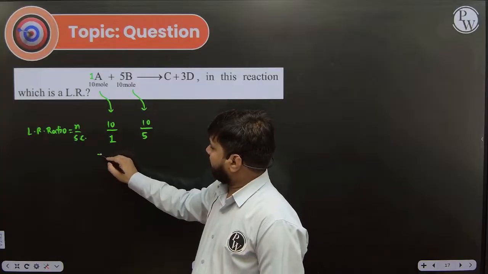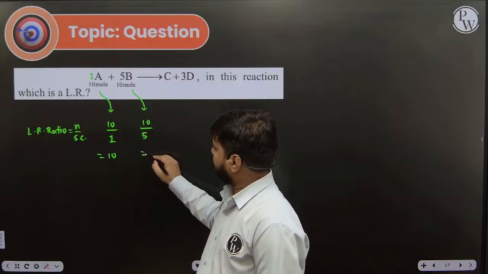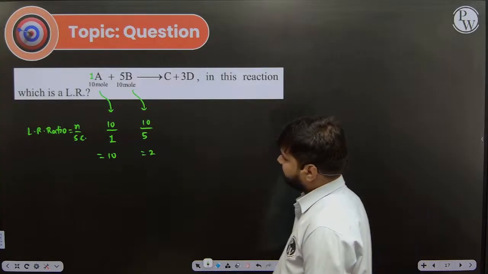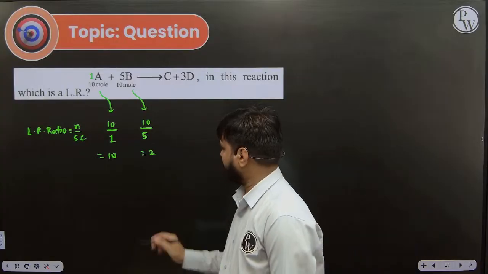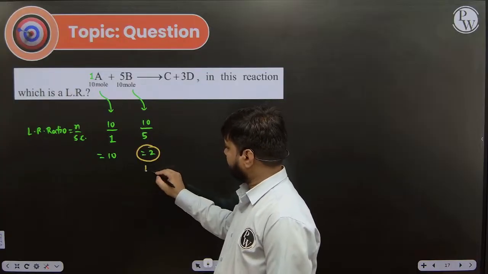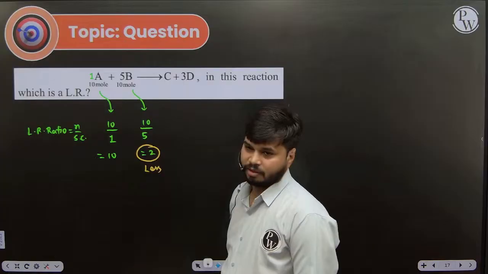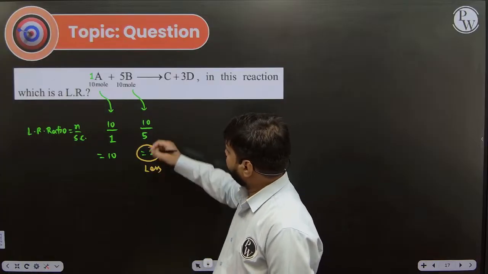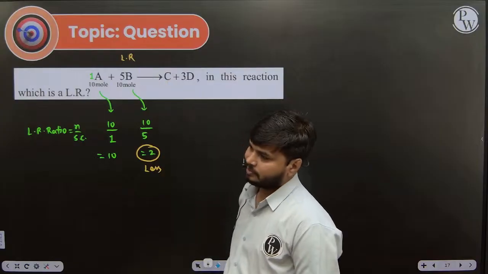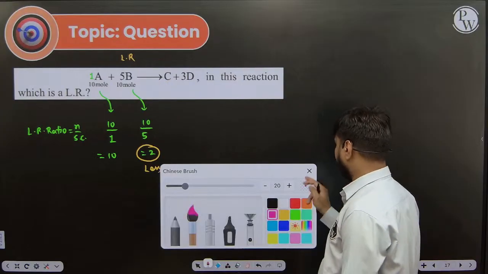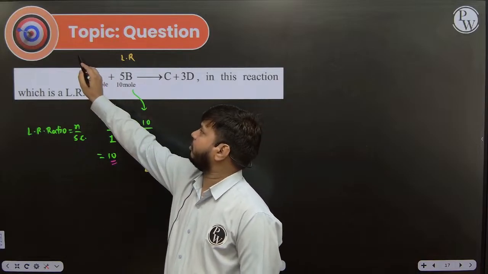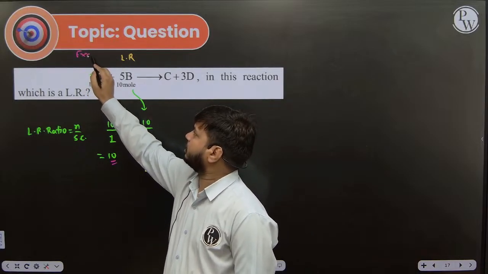Now here the value is 10, here the value is what? 2. Now you can tell me which value is less, right? You can compare. It is very easy to see that this value is less. If this value is less, then definitely B is going to be our limiting reagent. And which value is more? 10. This value is more, so A will be considered as what? Excess reagent,